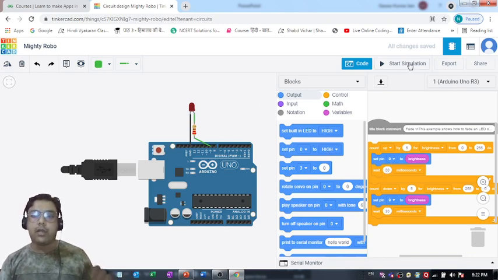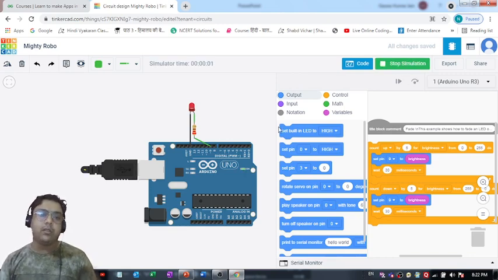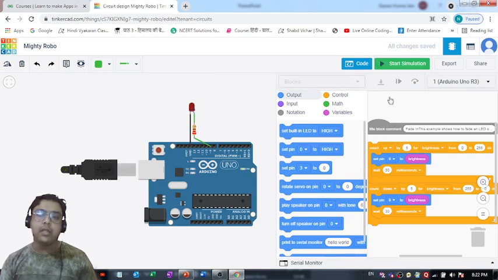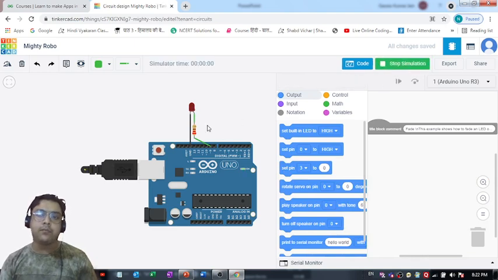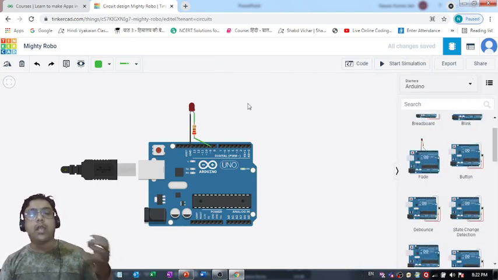Fine. So if I now start the simulation, that's the output I will get, right? The LED is glowing now, and it's glowing because of this code which we have defined over here. As soon as I eliminate this code, let's see what's going to happen. It's not glowing, right? It was because of that code on this coding workspace that we were able to see the LED glowing. So that's how, with the help of the predefined circuits, you can learn how to create circuits on this platform, and also learn how to code them very easily, right?